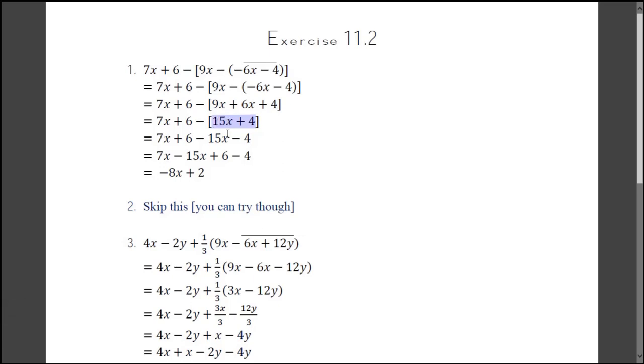So in the next line, you will open the bracket, okay. So this will remain minus, okay. So minus into plus, it will be minus. Again here, minus into plus, it will be minus, okay, like this. And after this, you can arrange them, okay. So you can bring all the like terms together, okay, and the constants in the other side. So 7x minus 15x, it will give you minus 8x, okay. So this is your plus 6 and minus 4, so it will give you plus 2. So hence minus 8x plus 2 is your answer for the first question, okay.